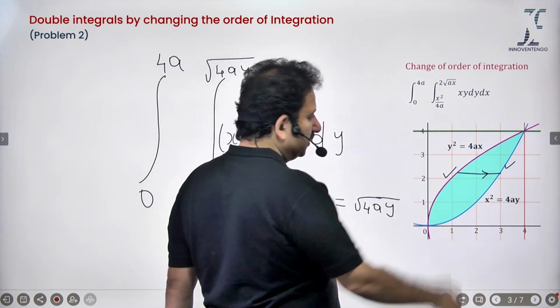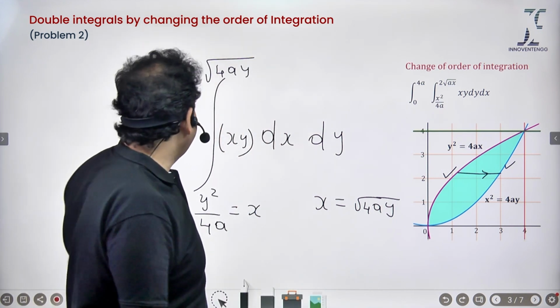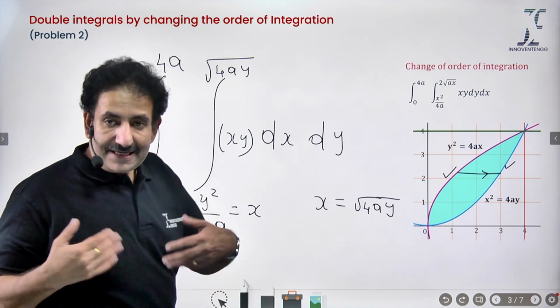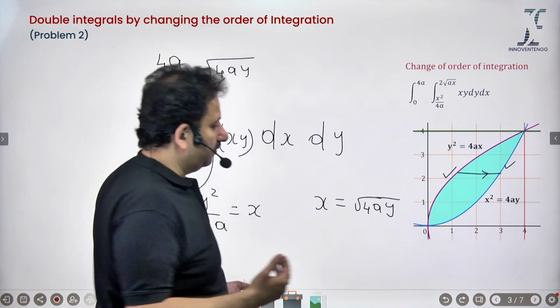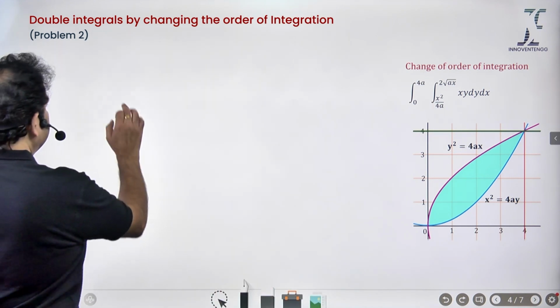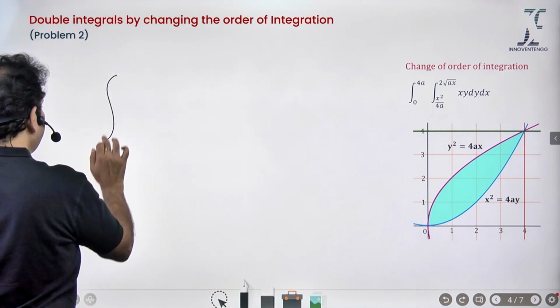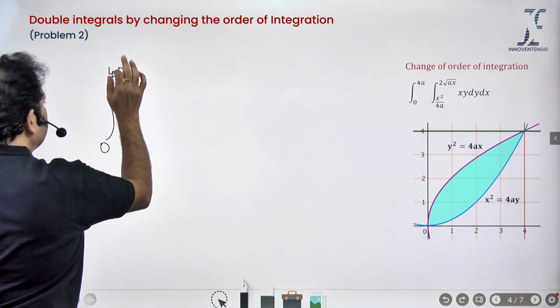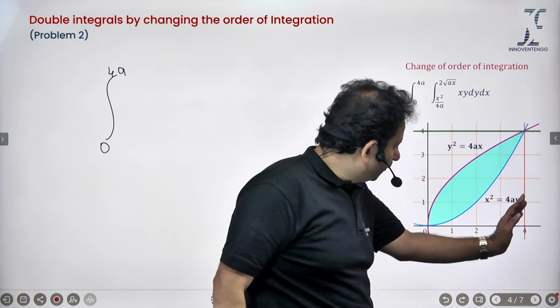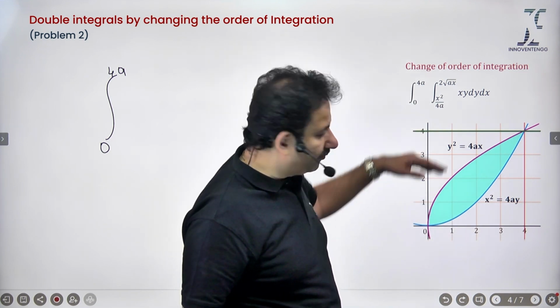0 maximum is 4a rather. So that is what we have put here. So let's evaluate this integral and finish the problem. So therefore we have got our new integral because that is changed. So 0 to 4a does not change. Why? Because whether you are considering along x 0 to 4a, or along y 0 to 4a, that remains